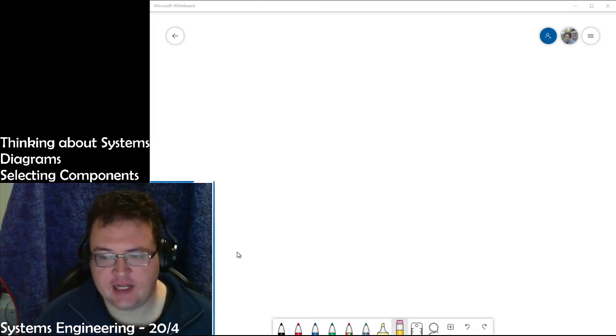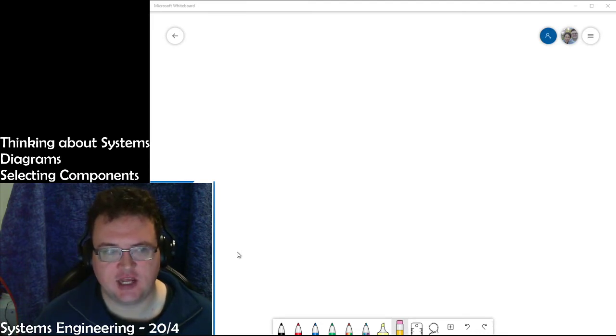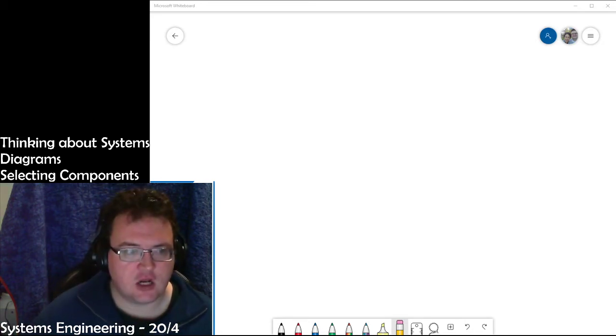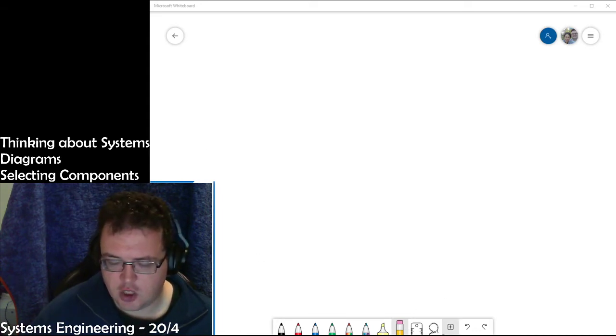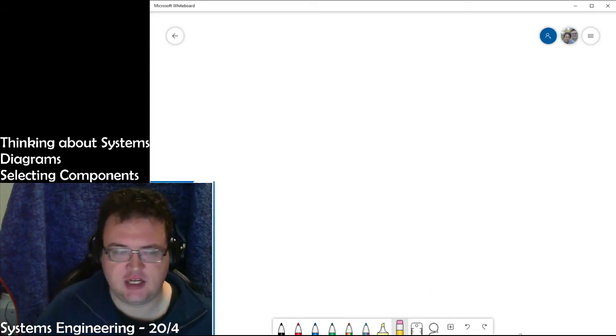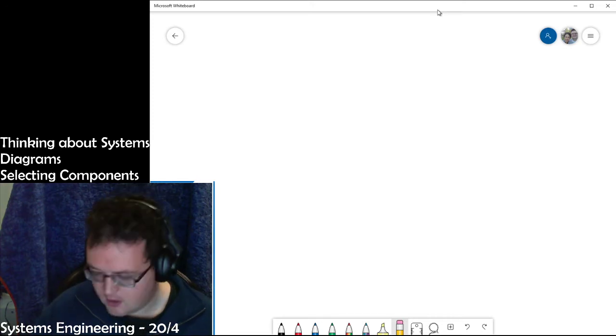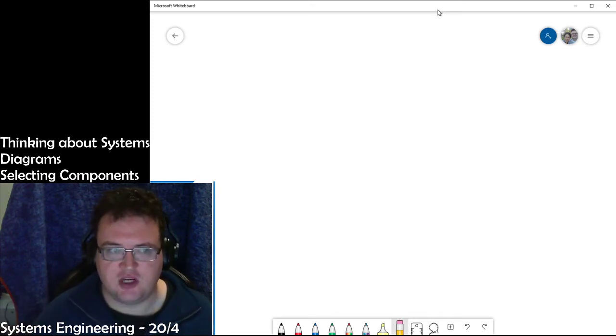What we're going to be looking at today is thinking about our systems projects in a much more logical sense so that we can help decide what components we need for our projects. One of the things that I get people to think about is turning their whole project into a series of flowcharts and boxes. The reason why that's important is that it allows us to conceptualize our project as something other than what it is, and it helps us break it down a little bit